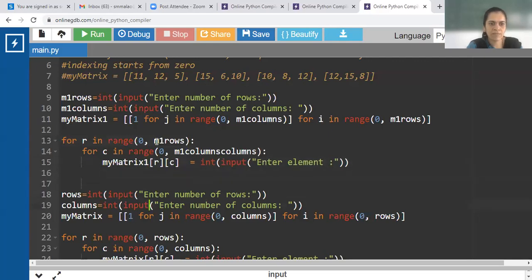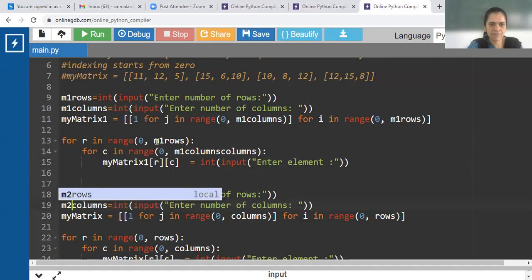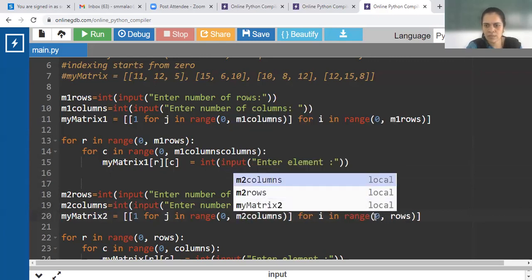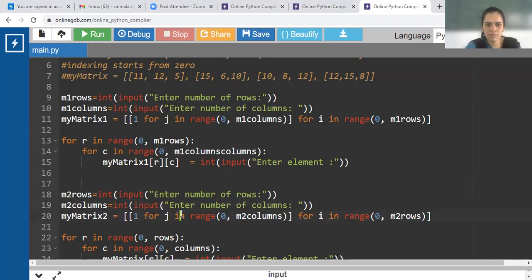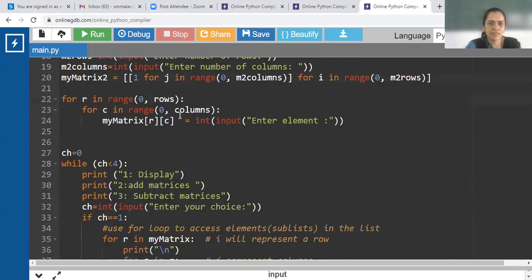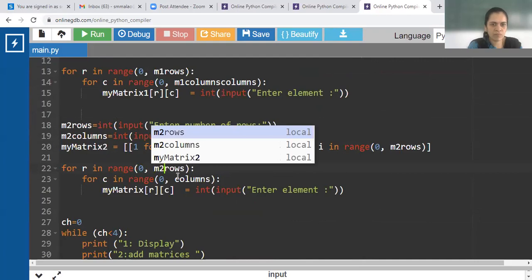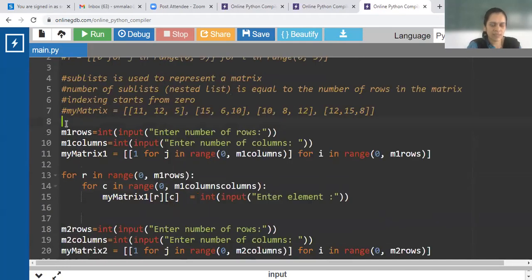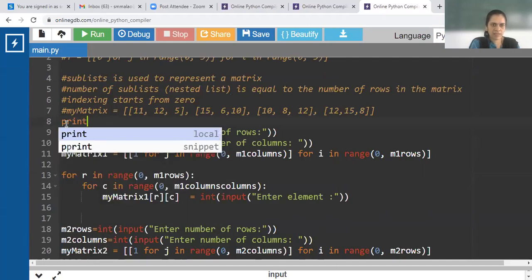Use appropriate naming conventions. Here I can use M2 rows, M2 columns, and my matrix 2.